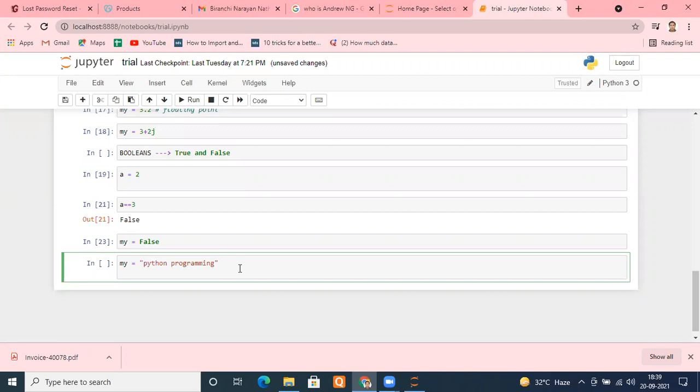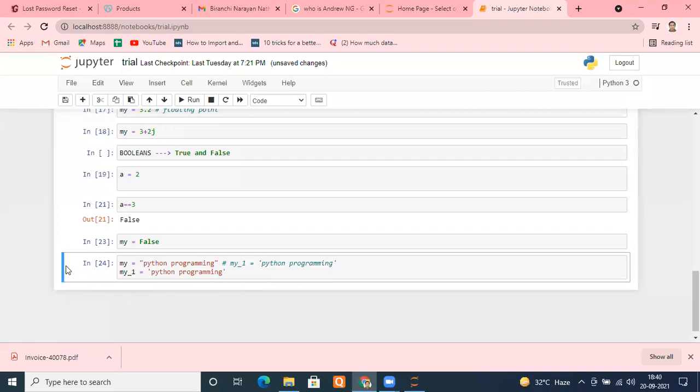Either in single quotes or double quotes. You can also write the same thing. Both will yield the same result. my equals single quotes now, Python program. Both are going to yield the same result. No difference in them. Let me make a different name so that you can understand: my underscore one. Let me copy it, Control C, and run it, and let me run these cells.